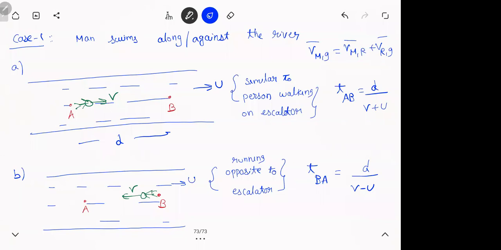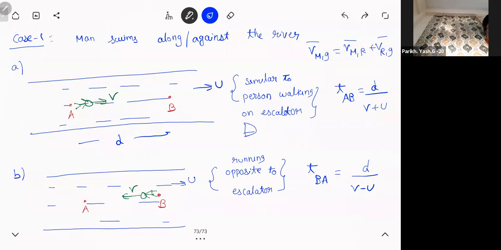You're getting? Yes, it is like you're standing inside a bus and the bus is going forward. You're walking inside the bus. If you're walking on the road, then it is related with the bus, isn't it? There is a difference. See, the bus is here and you're on the side. Both are running like this. Then it will be V minus U. What if you're inside the bus? Getting my point? Yes, sir.